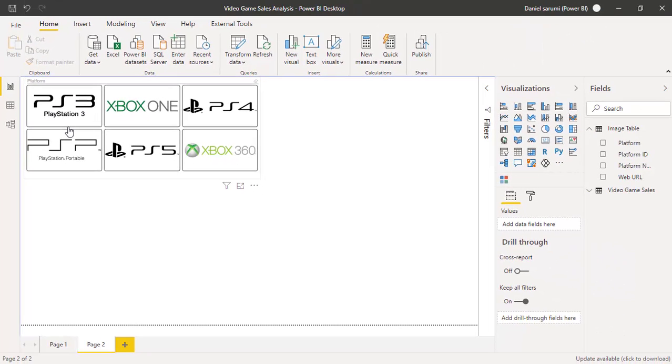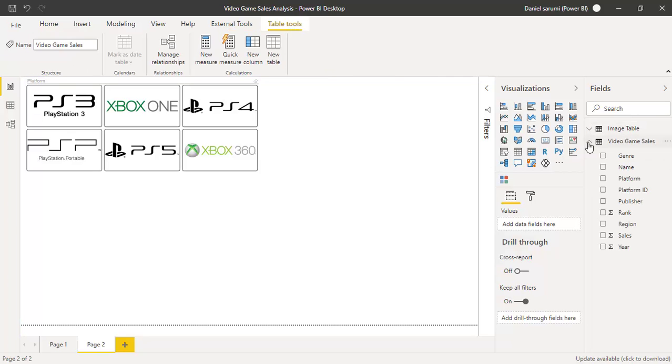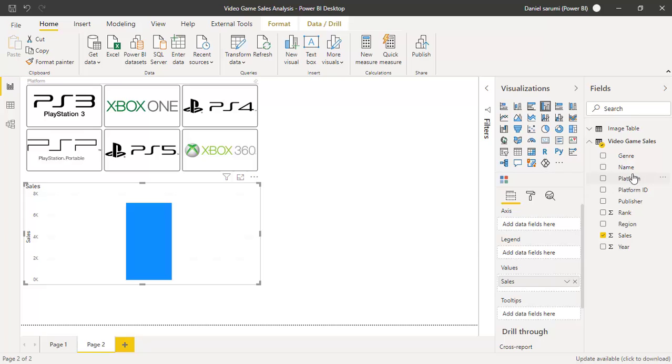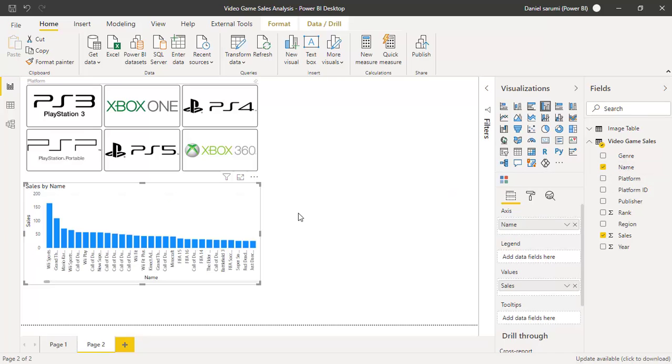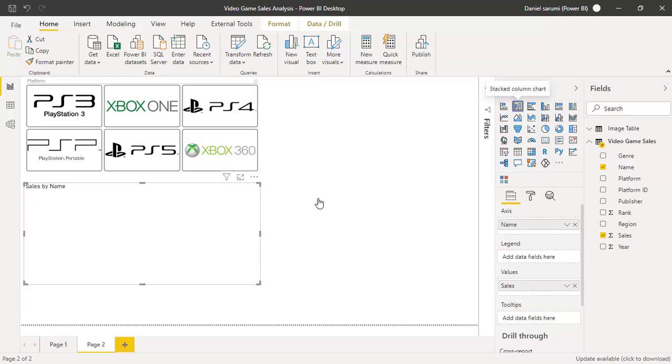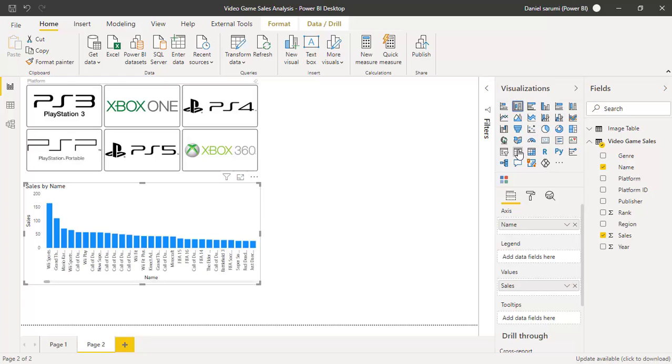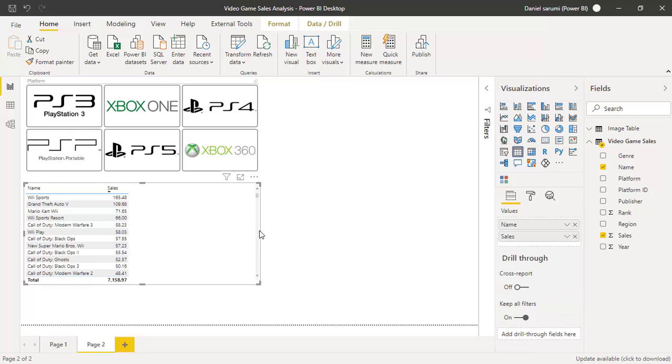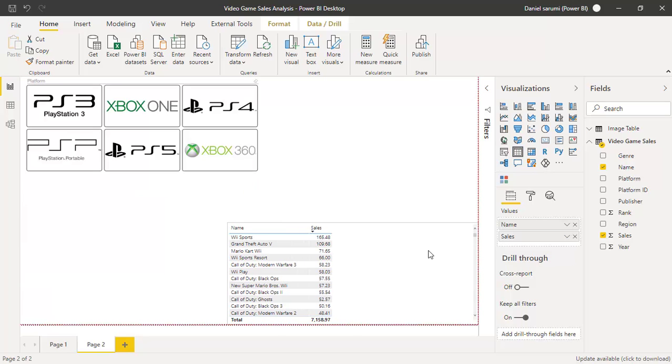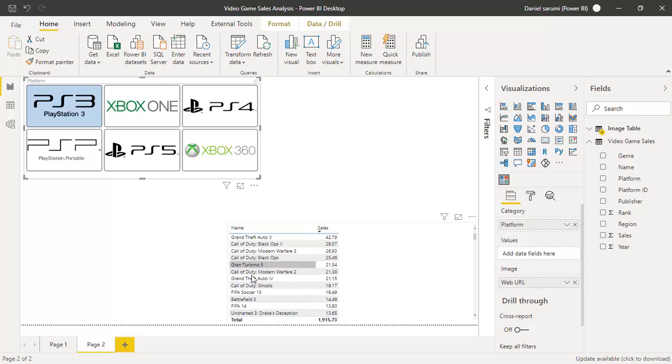So the next thing you can do is create a visualization. Let's create sales by name. Okay, let's use a table so we can visualize it well. So when you click on PS3, these are the games you have under PS3. When you click on Xbox One, these are the